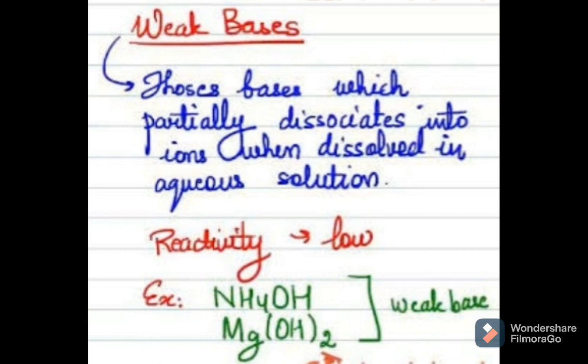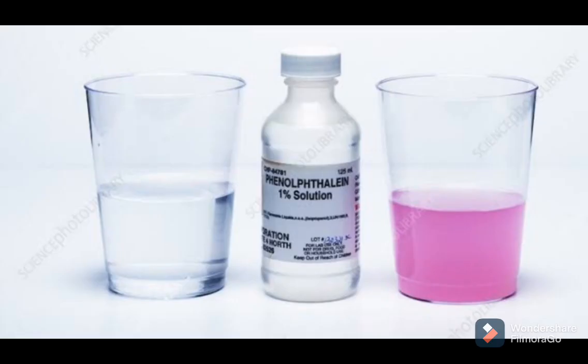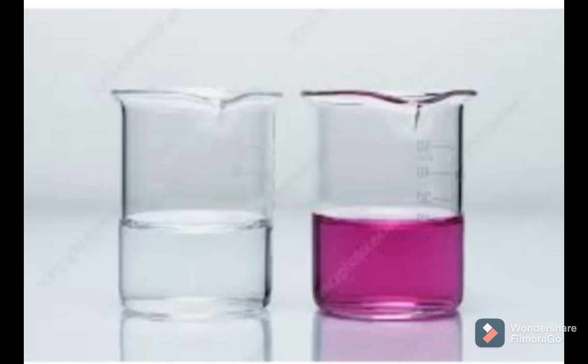Then now we are going back to our point, synthetic indicator. Today we are going to study the synthetic indicator phenolphthalein. Basically, phenolphthalein is a colorless solution. When we add 2 to 3 drops of phenolphthalein indicator to an acidic solution, it remains colorless. And when we add 2 to 3 drops of phenolphthalein indicator to a basic solution, it shows dark pink color. Got it, students? What is the color change in acidic and basic medium? Phenolphthalein remains colorless in acidic solution, and it shows dark pink color in basic solution.